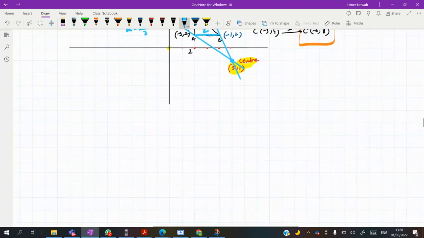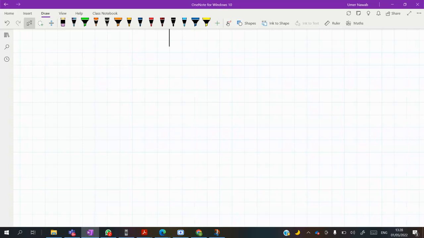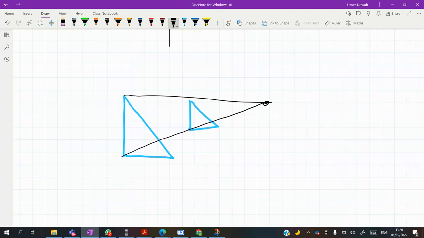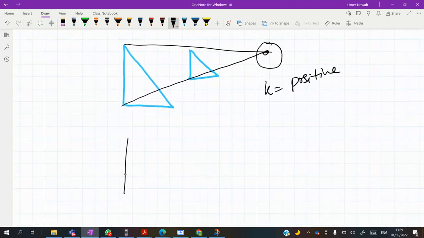Before ending this video, I just want to tell you guys, if you have this shape and you have this shape, definitely when you join them, your center will be on one of the sides, not in between, maybe on the right or on the left of the original shape and the enlarged shape. In such a case, your scale factor is always positive. But if you have this type of shape,